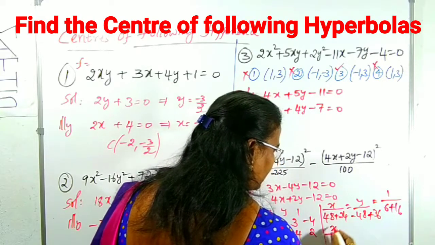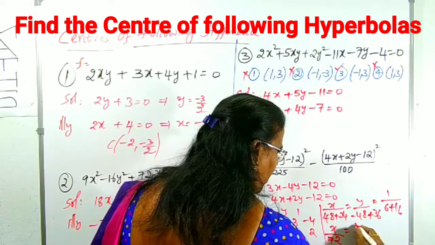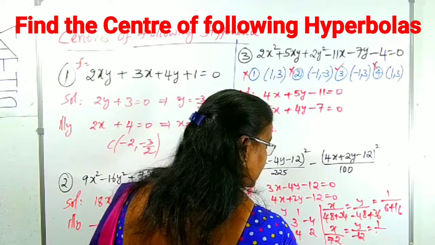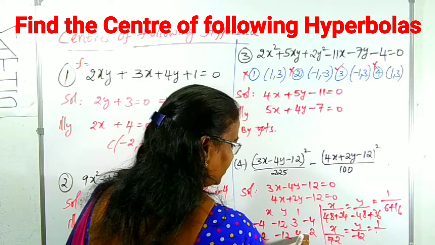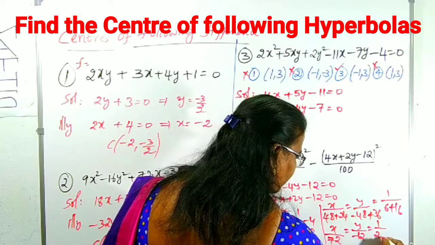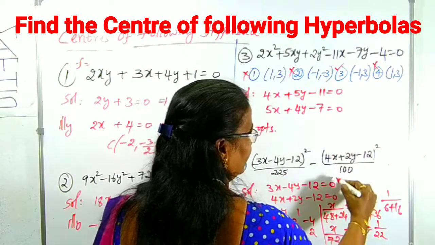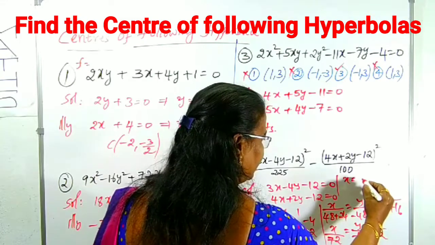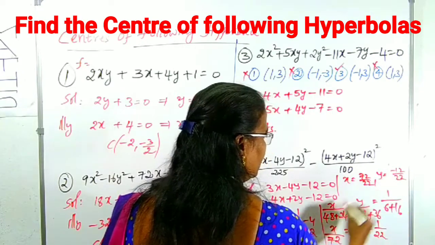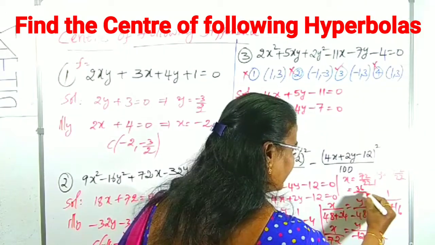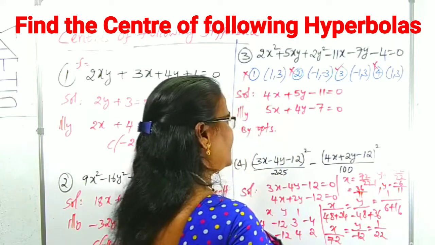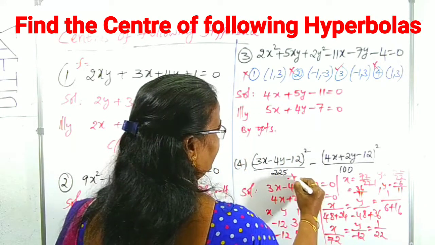Right, now x by 72, y by minus 12 is equal to 1 by 22. 3 into 2, 6, here 2 minus, okay, this is 22. From this we can find the x and y values. What are x and y? X is 72 by 22 and y is minus 12 by 22. By cancellation, 36 by 11, and here minus 6 by 11. Then what is the required center for this question? Center is simply, what is that?